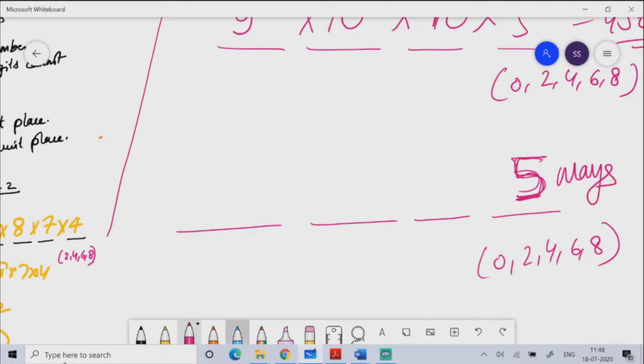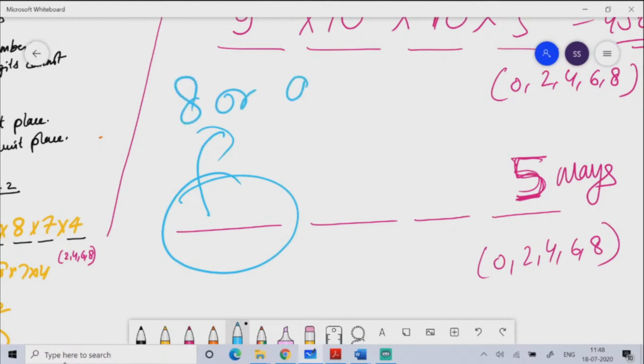Then the problem happens at the thousand place, because you need to understand how many digits can come here, either 8 or 9. If you have used 0 in the unit place, then 9 digits can come. If you have not used 0 at the unit place, then 8 digits can come, because 0 will not come and the digit you used in the unit place will not come. I hope you can understand. So now the problem is 8 or 9, and you cannot decide between them like that.